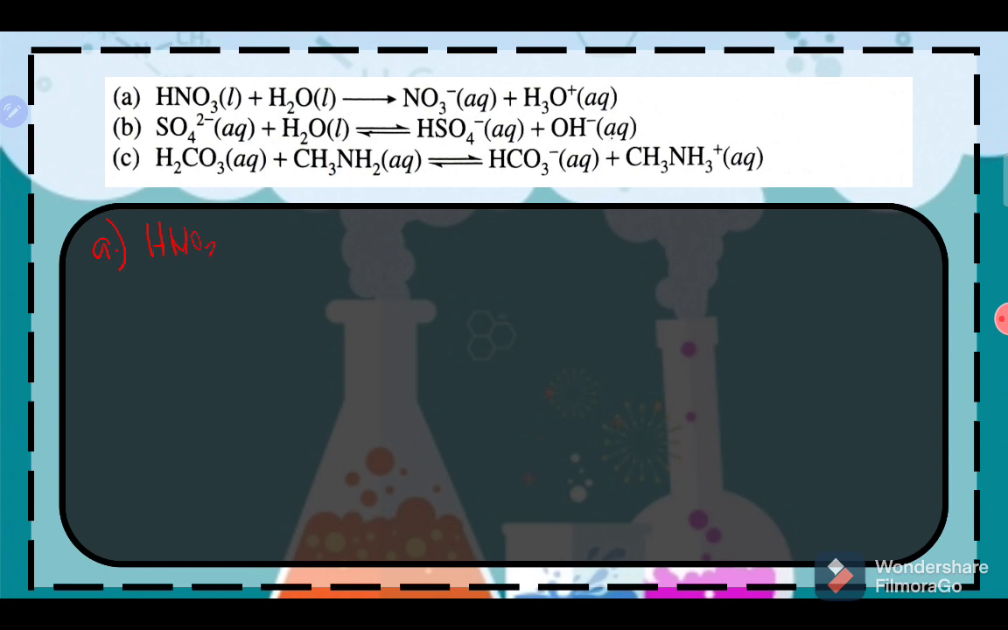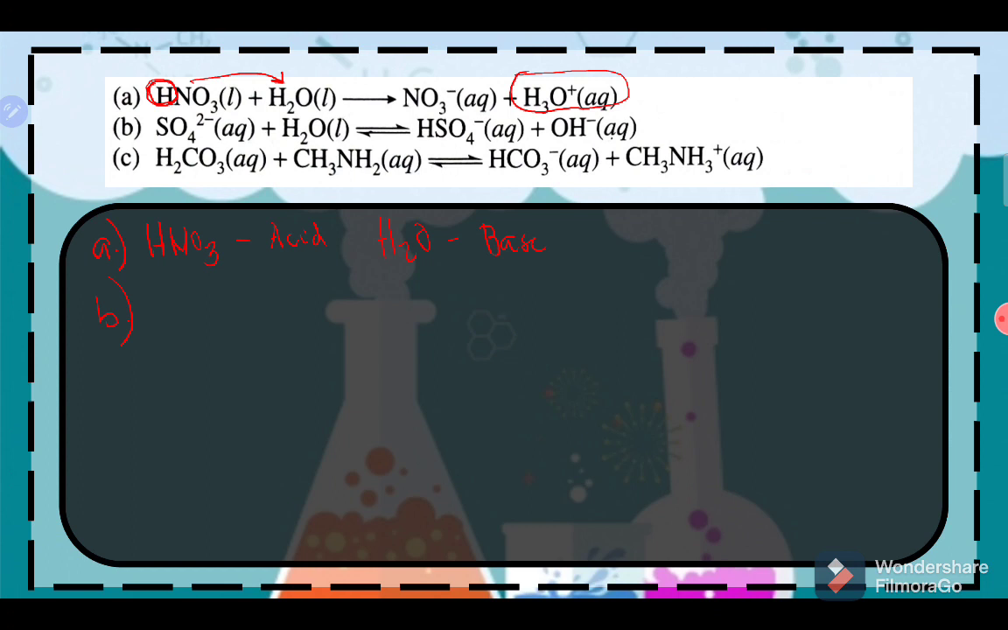HNO3 is considered to be the acid. Why? Because it donates its hydrogen to water. So from that reaction, it produces hydronium ion. Now, since HNO3 is considered the acid because it donates the hydrogen ion, water is considered to be the base. Okay? Next, for letter B,